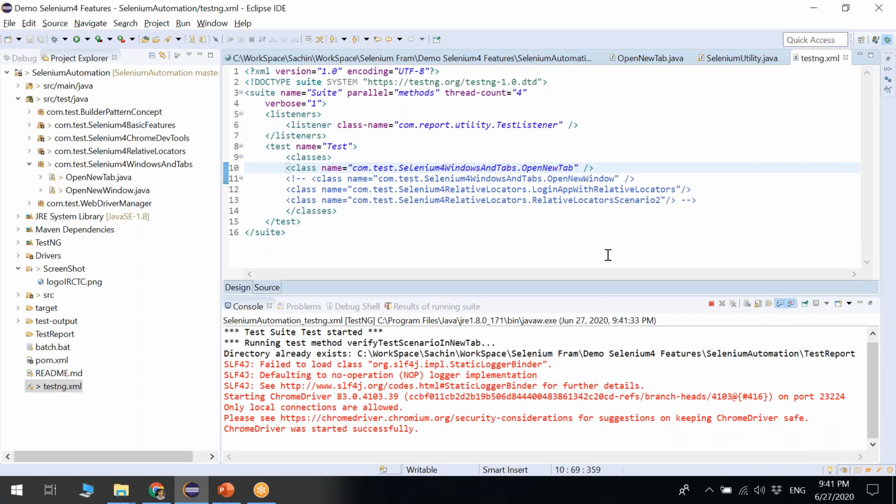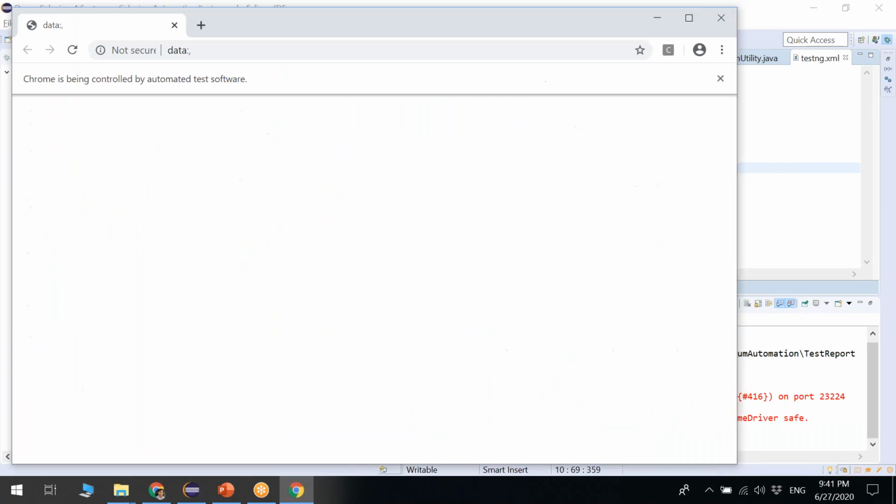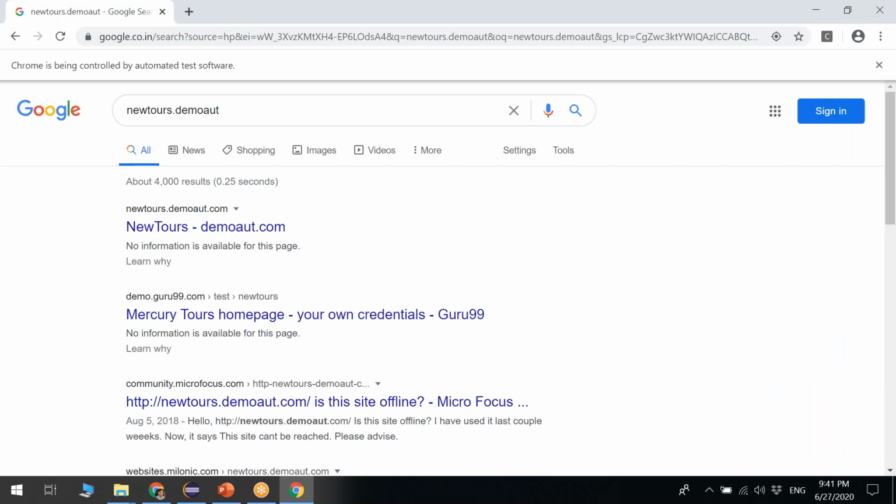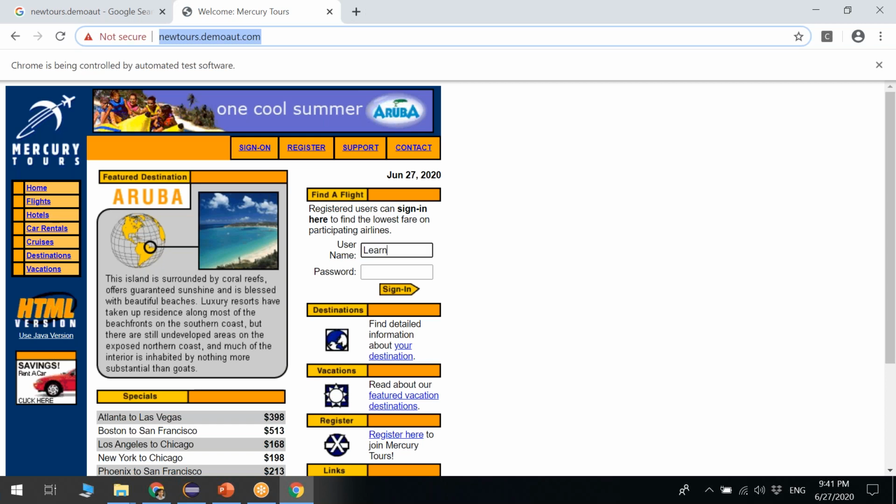So the browser is going to open. Google opens, and here it is searching one keyword. It is verifying demo.aut.com. It verified. It opened a new portal, new tools.demo.aut. It logs in here,